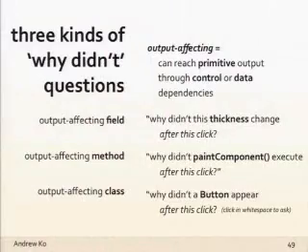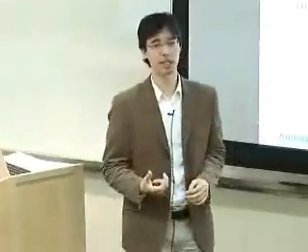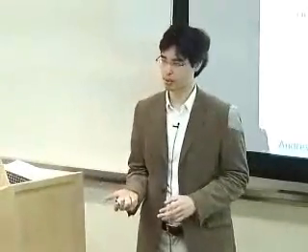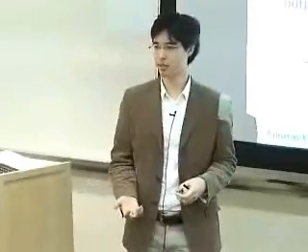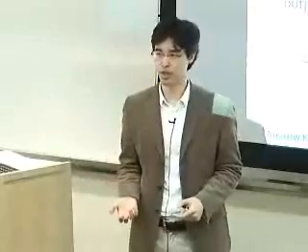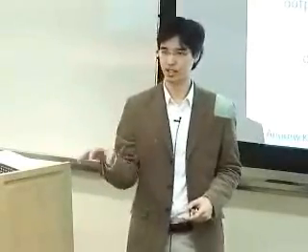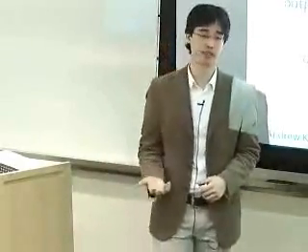Let me talk a bit more about the questions that I don't support. Actually, these are the different kinds of why didn't questions. I support questions about fields in objects, about methods that weren't called, and also about classes that weren't instantiated. I haven't mentioned an example of that, but imagine you just write some code to make a dialog appear in response to some event, and you test it and the dialog doesn't appear. You want to be able to ask, why didn't that window appear? Or why didn't something appear on screen? So if you click in the white space of anything in the graphical output, you can ask questions about those kinds of classes of output that you expected to be instantiated.